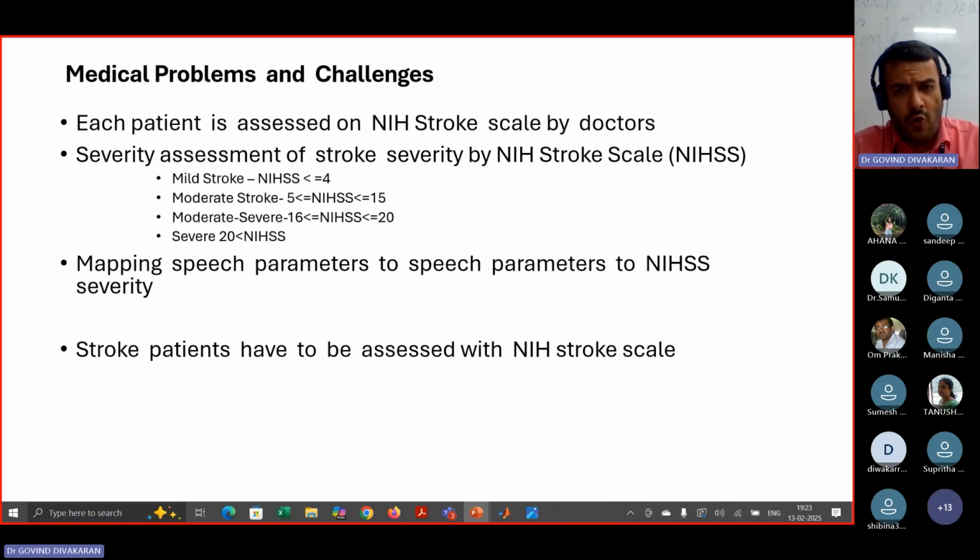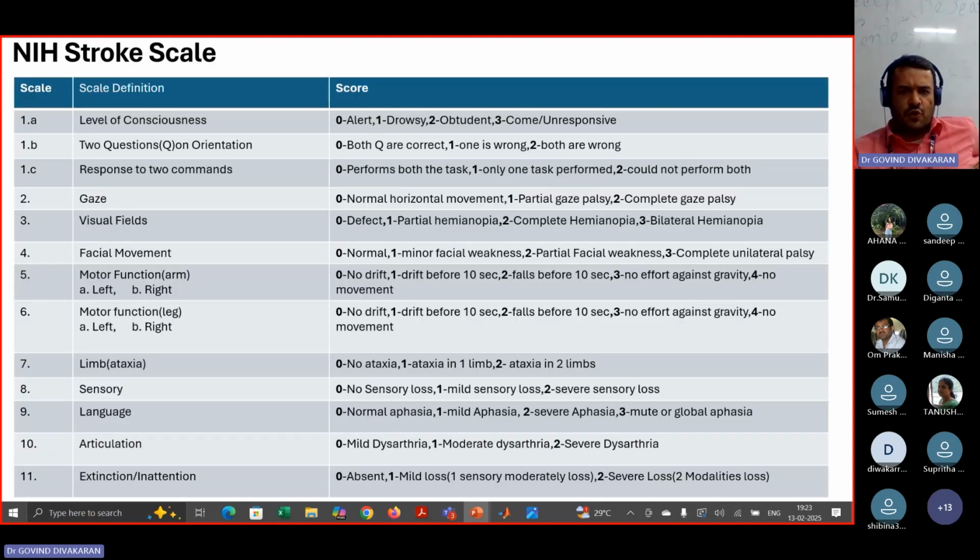So in the case of stroke, we are following a scale called the NIH Stroke Scale. In short, it is known as the NIHSS scale. So it is the total score of the NIH. It's a big one, so I will show you. These are, it's a kind of questionnaire. So there will be doctors, clinicians asking various questions, and they will be assessing the various components of the